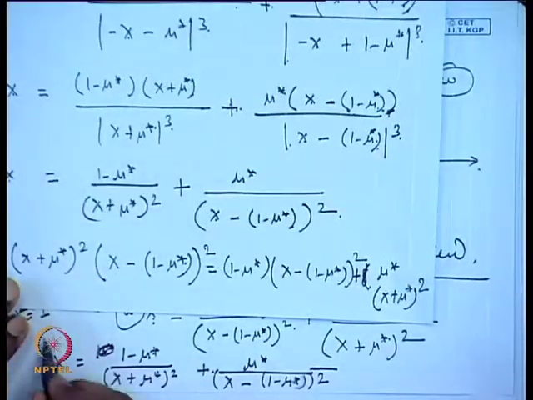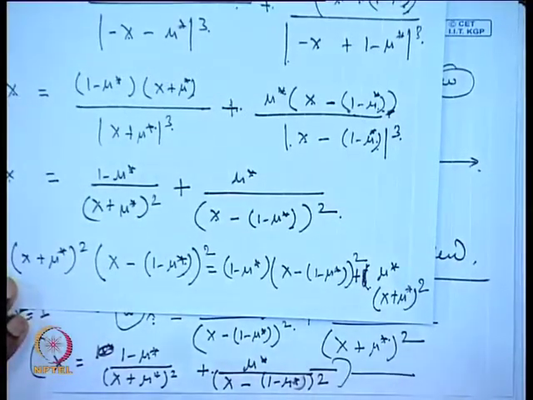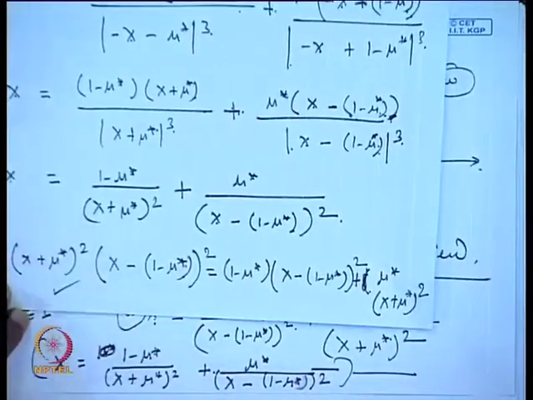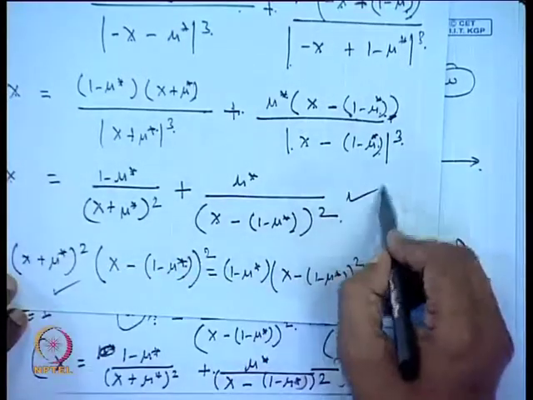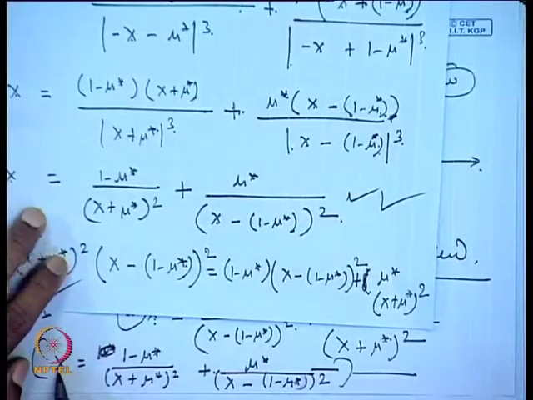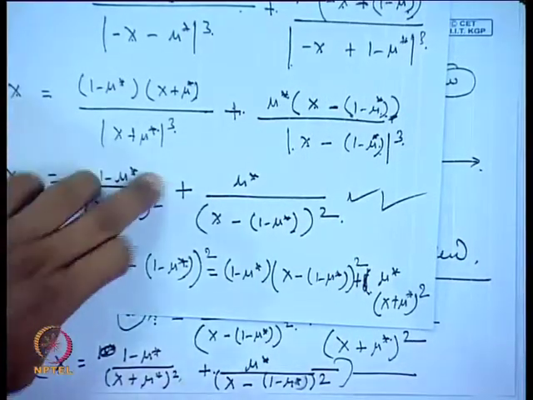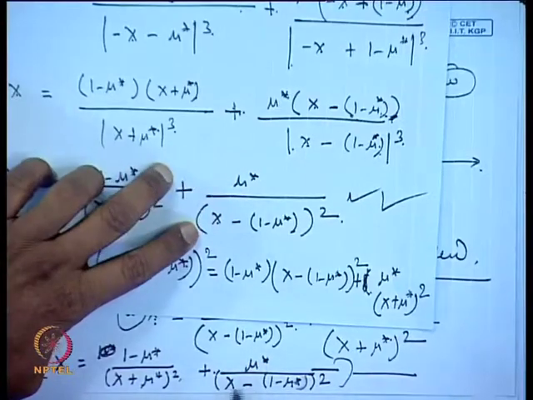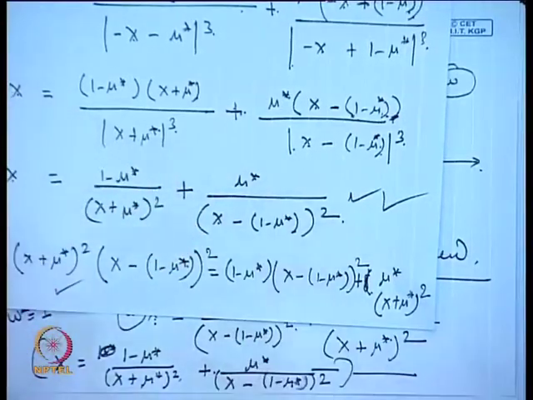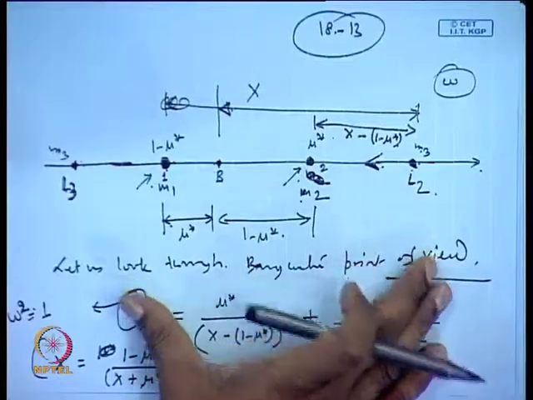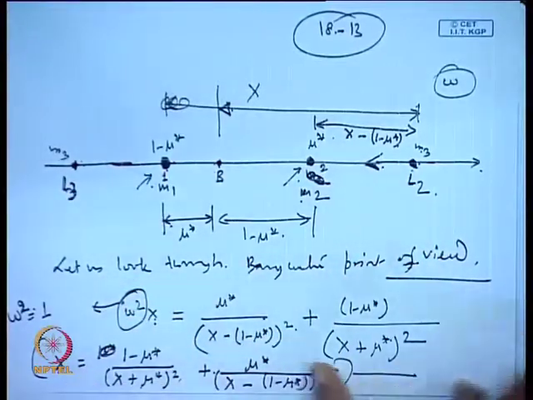Look into this equation and the equation number f that we have written here. Is it the same? This x is equal to 1 minus mu star divided by x plus mu star square, and then mu star by x minus 1 minus mu star. So, through this route it is very easy to write. Okay. Similarly,